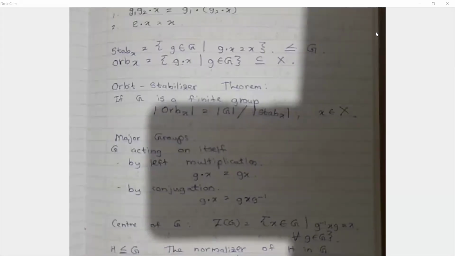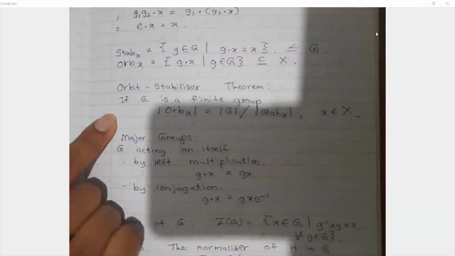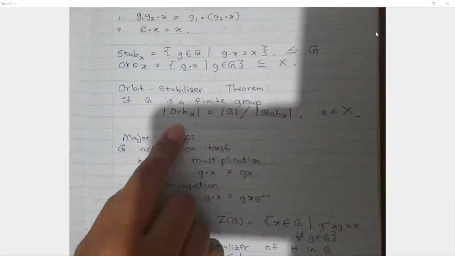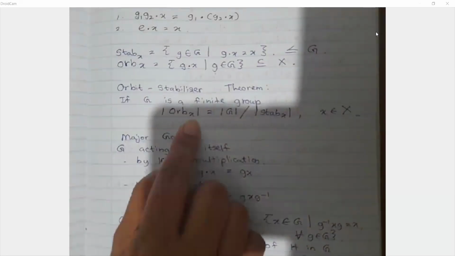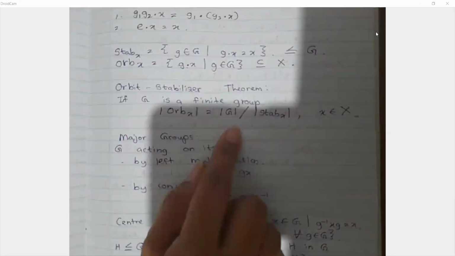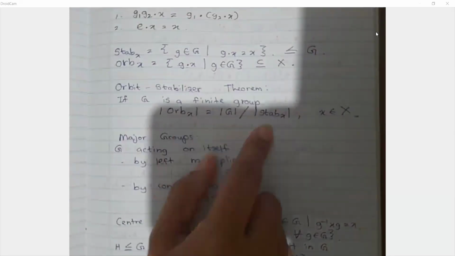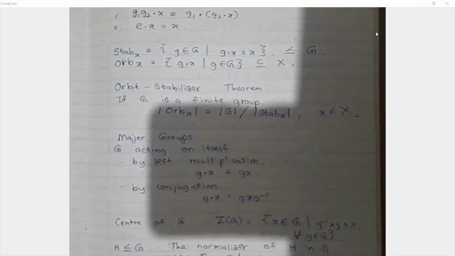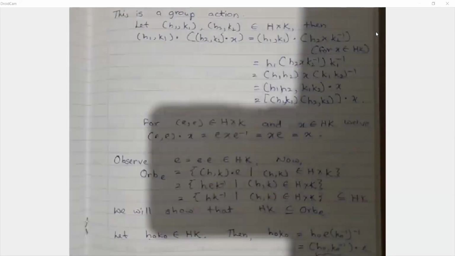Before we get on with the lesson, let me go over the major theorems that we've done so far. So the orbit stabilizer theorem: if G is a finite group, the number of elements in the orbit of X is the same as the number of elements in G over the number of elements in the corresponding stabilizer. This is true for any element that you take from the set X. And then